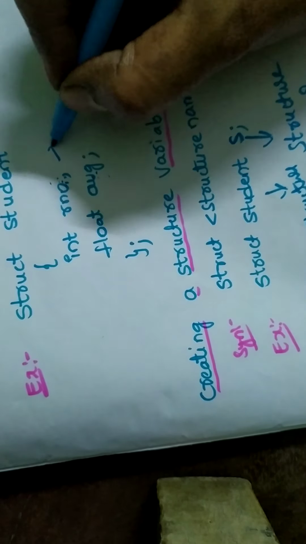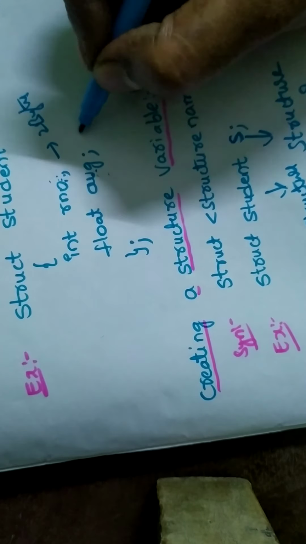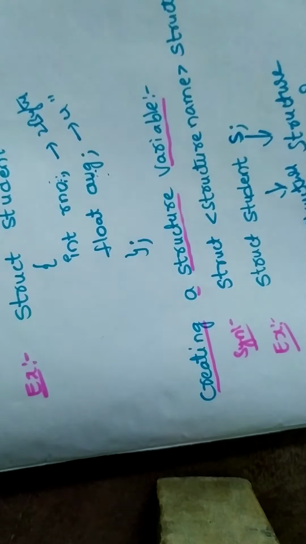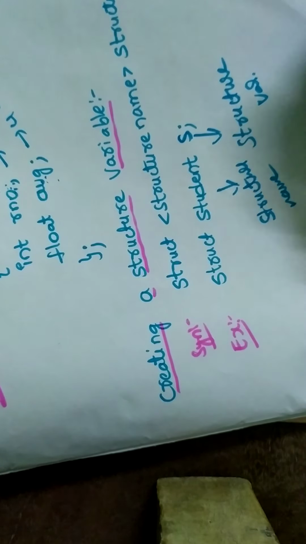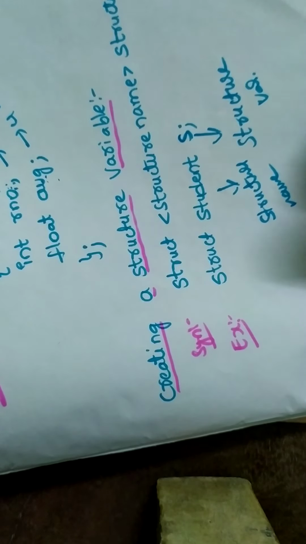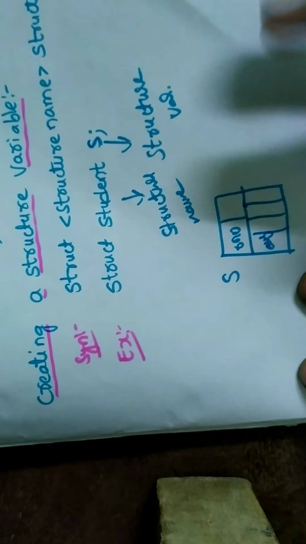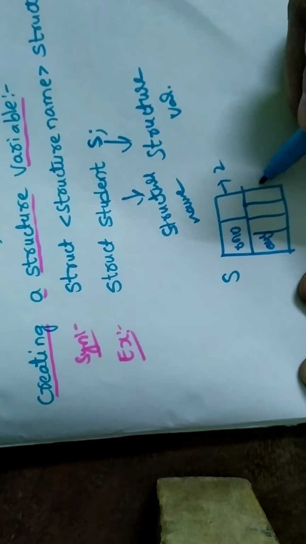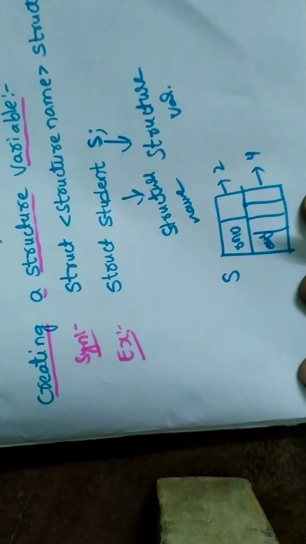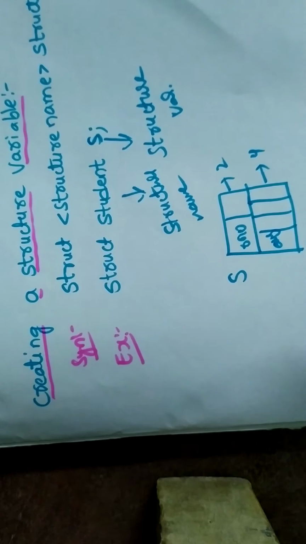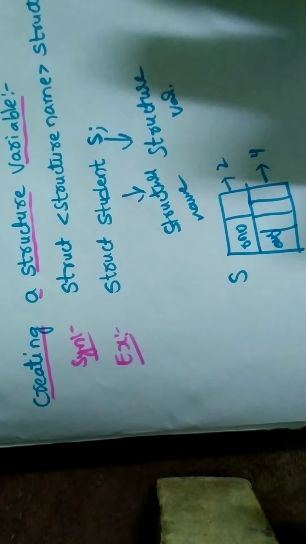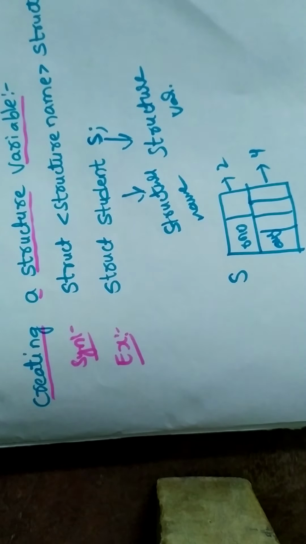Okay, so rule number occupies 2 bytes of memory and average occupies 4 bytes of memory. So how much memory will be occupied by this S here? 2 bytes for rule number and 4 bytes for average. So this is the memory allocation of the structure variable. These are the basic points to remember about structures. So let us continue with an example program.